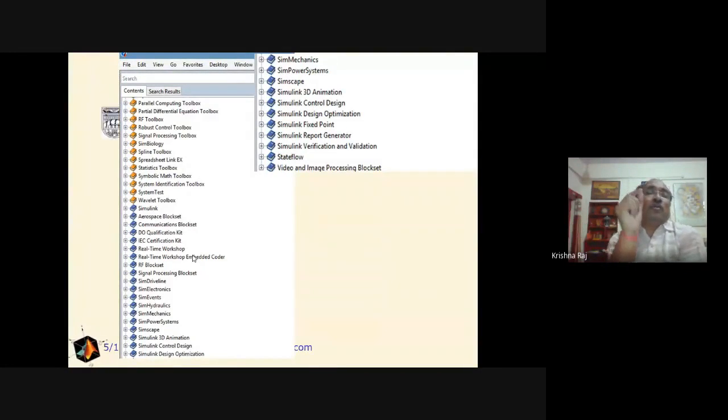So for the purpose of learning, we have to follow three steps. One is MATLAB .m. The second one is the toolbox. And the third one is Simulink, that is the block diagram. The block diagram is related to the aerospace blockset, communication blockset. There are so many fields, as we have discussed in the previous one. The same is true for the